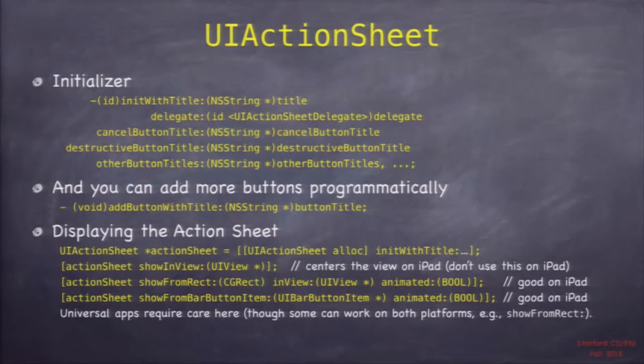But on the iPad, since it's going to appear in a popover, it makes a lot of sense to, for example, use show from bar button item. And it'll put the popover, and the little arrow on the popover will point at that bar button item. Or even show from rect. So you specify an arbitrary